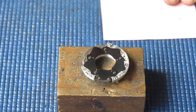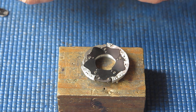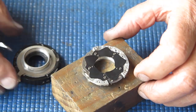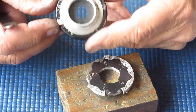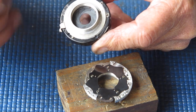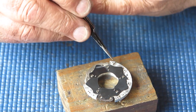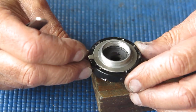That's our 5 blades in position, and now I can lower the shutter case over the top. Now the shutter case only goes on one way. I've got to find the correct way. There are 3 holes that the screws run through. They're not equidistant. 2 of them are closer together, so that's here and here, and the one further apart will be over here, so I can lower this into position,